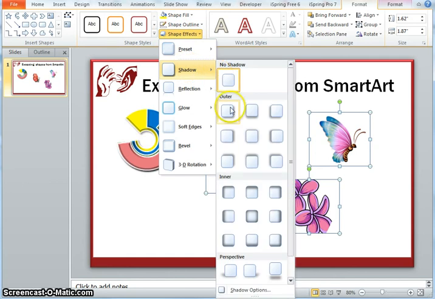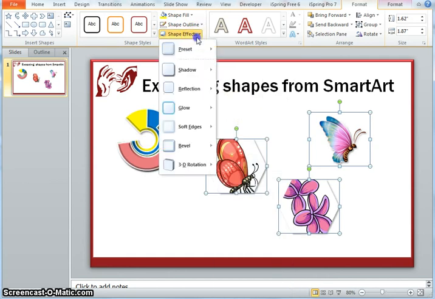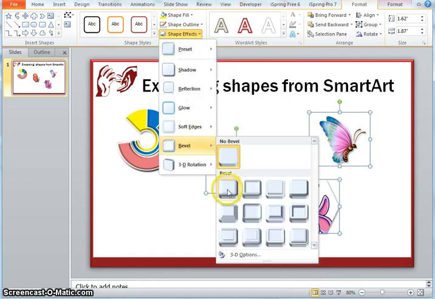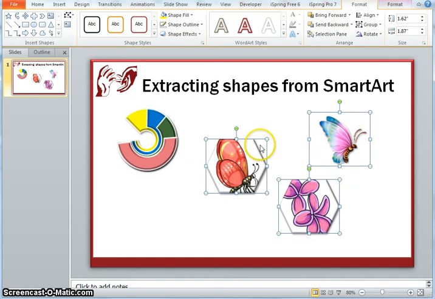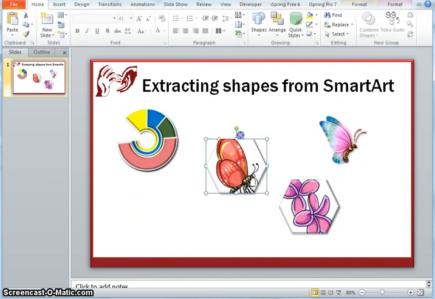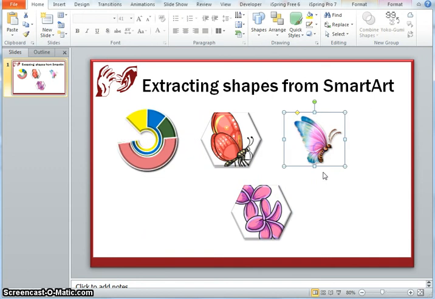I could build in whatever effects I wanted to, and kind of get away with whatever I needed to do with them as a set of pictures. So you could explore more SmartArt options from here, and figure out which shape you want to draw out of it.